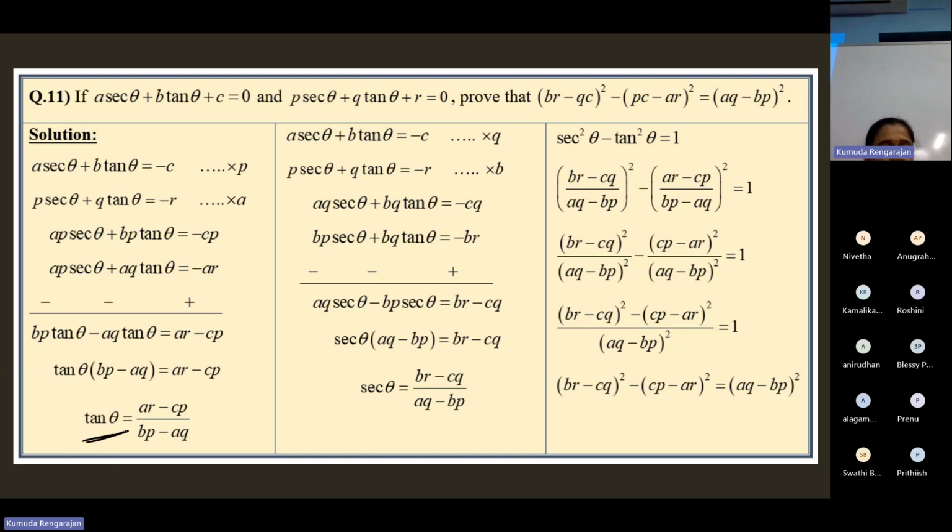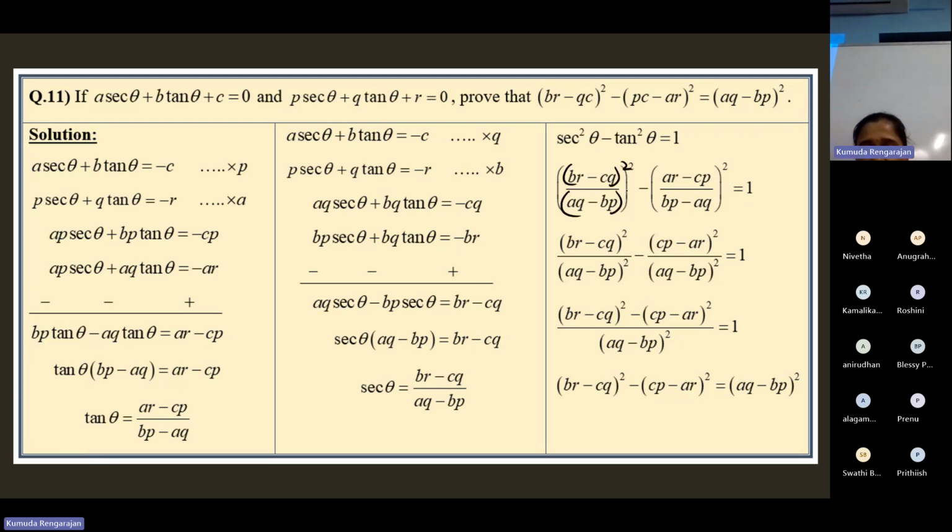So we found the expression of the value for tan theta and secant theta. Now you should write this identity by yourself. Nowhere it is specified that you should use this identity. Because you have the values for tan and secant, you must make use of this identity. Now substitute secant theta, substitute tan theta, and secant square theta, tan square theta. So now it will become